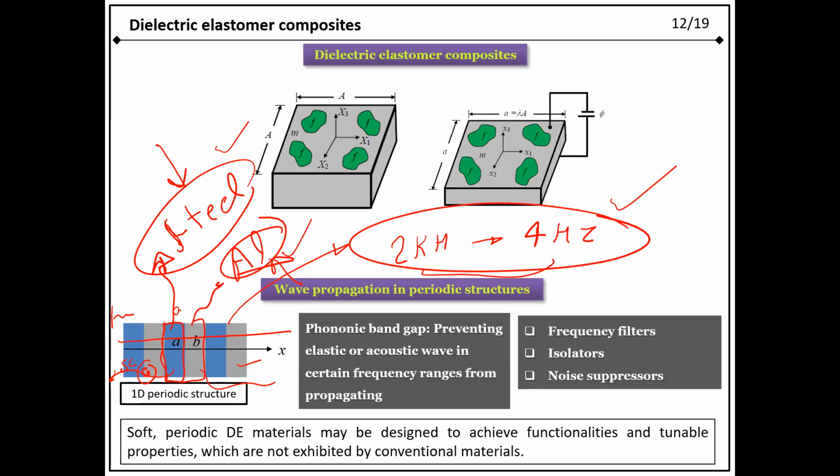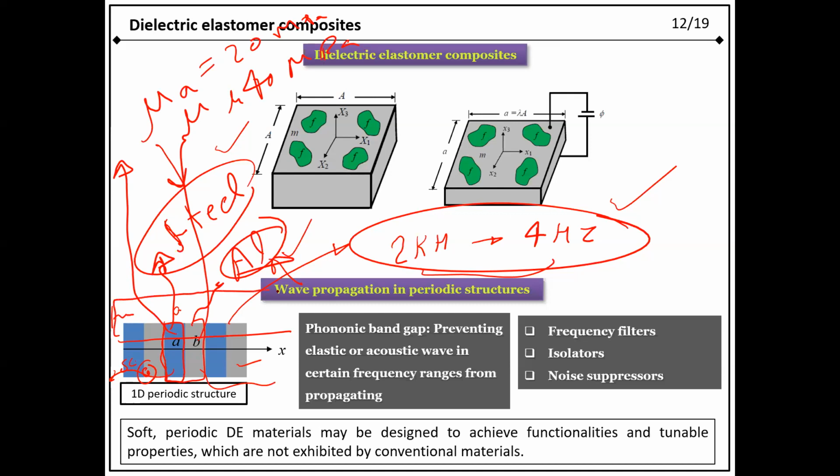Let's say for this case the shear modulus is 20 megapascal, and for this case you have 40 megapascal. Okay, but these are soft materials. What we can do, again like we did for the lenses where we could have multiple focal lengths, is apply a potential difference through it in this direction, and we can also deform this. And when it undergoes deformation, what will happen?